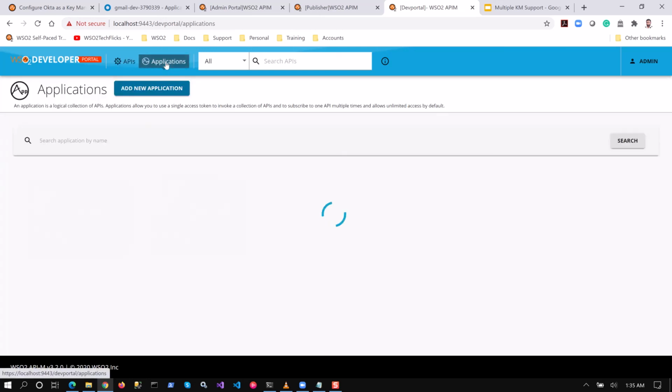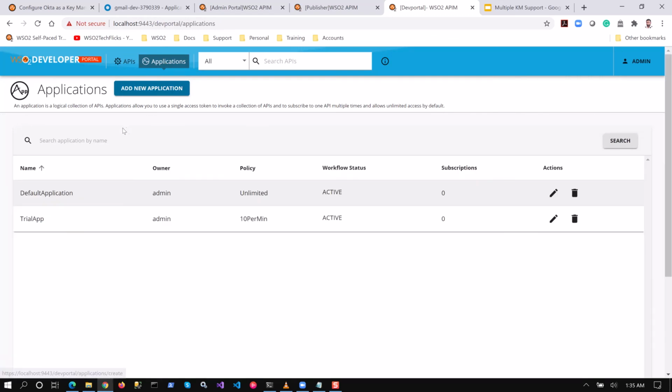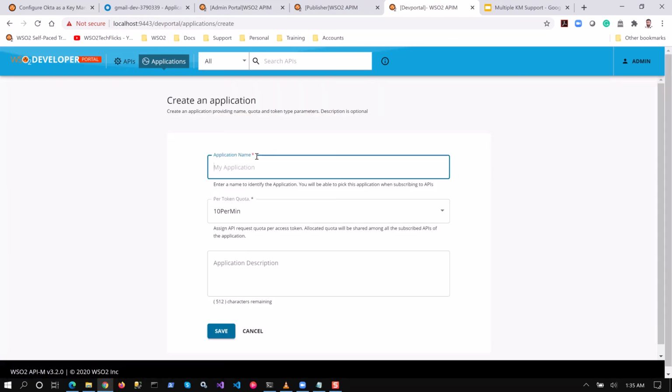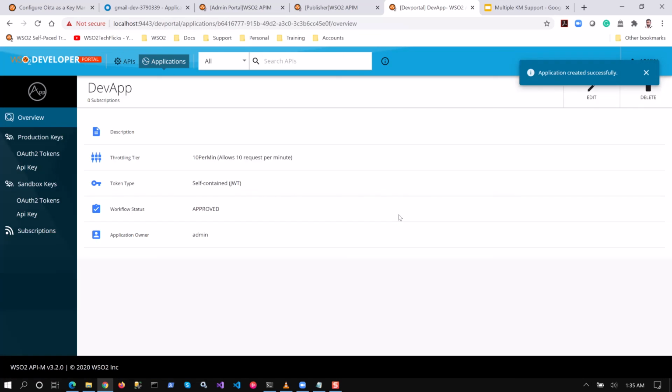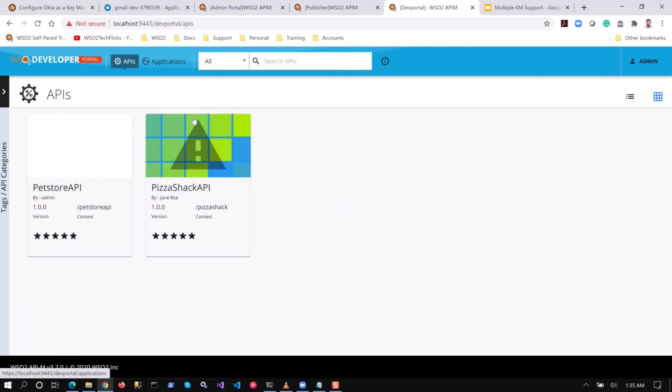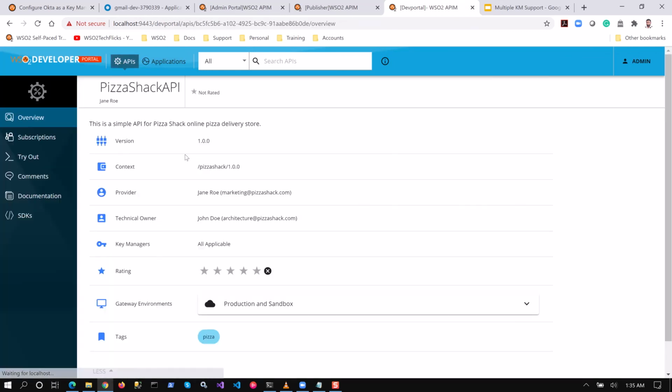First of all, let me go to application and create a new application. Let me say dev app and say save, and let's pick the API that I want to execute.